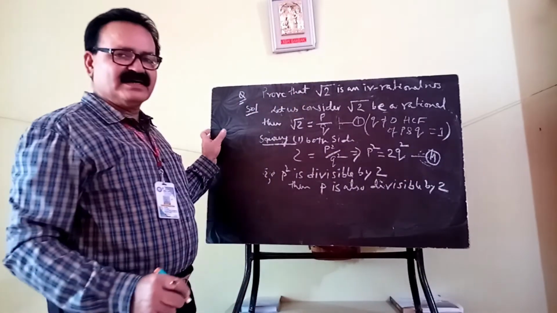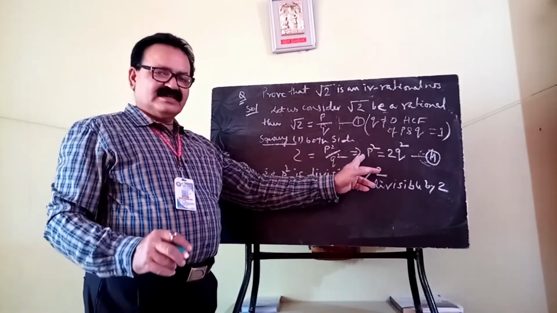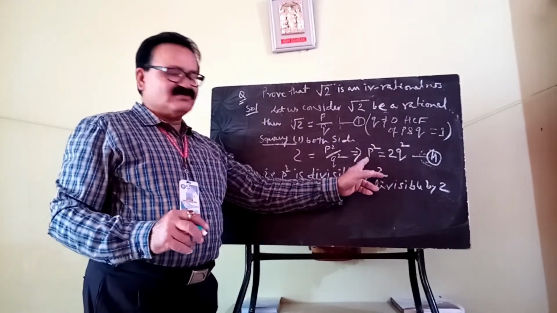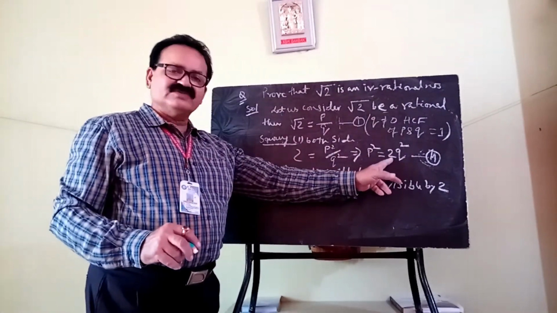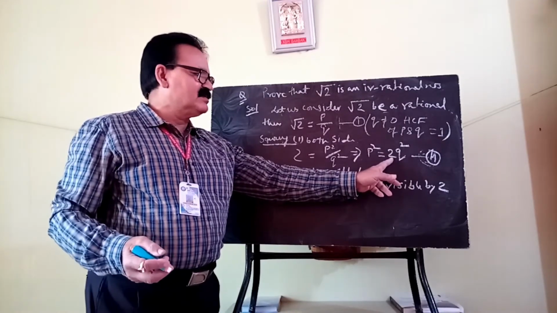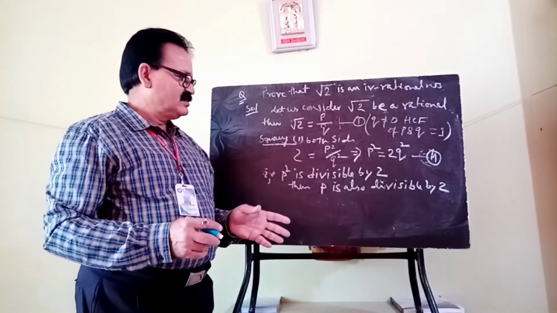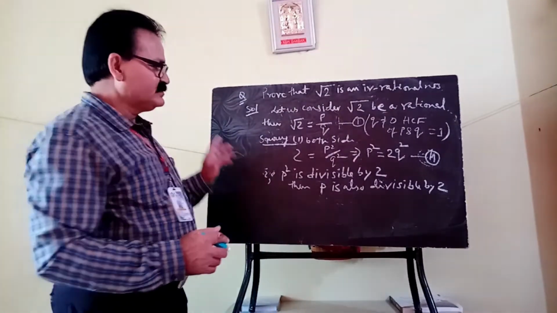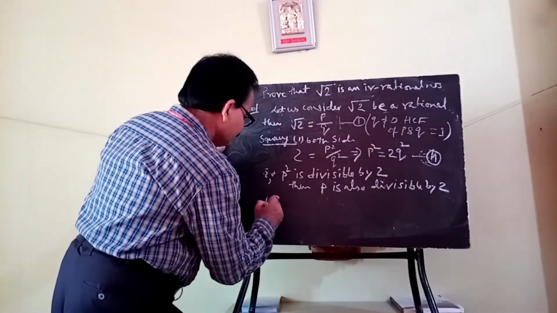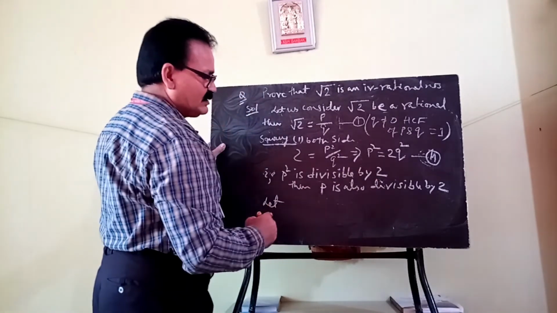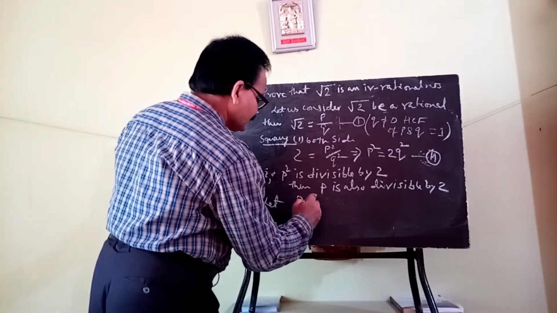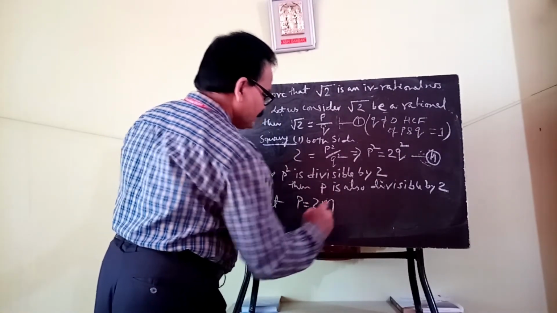You see, whenever p square is divisible by 2, because 2 is a factor, p will also be divisible by 2. Okay, so now if p is divisible by 2,